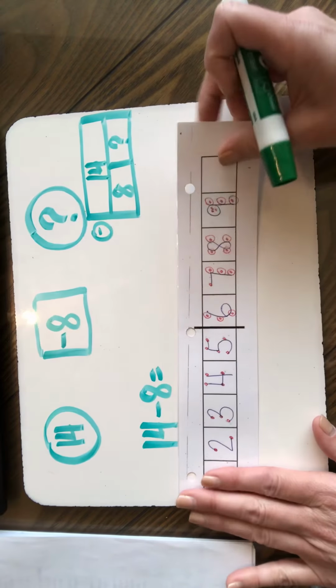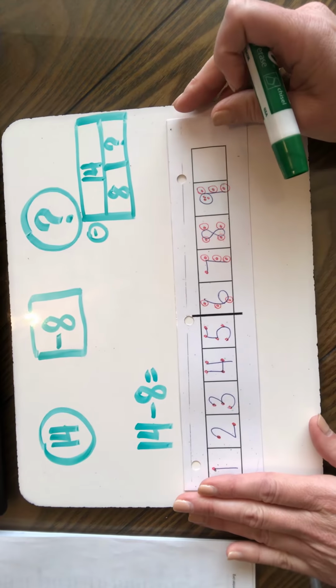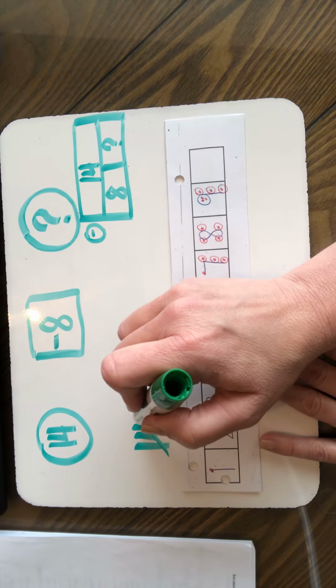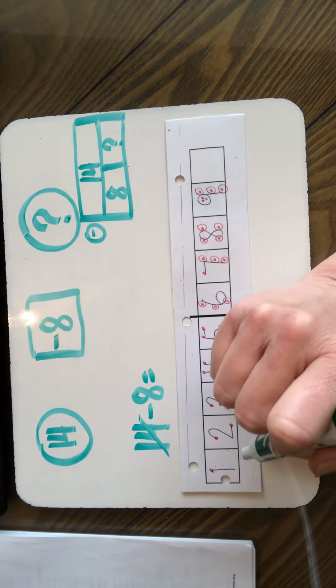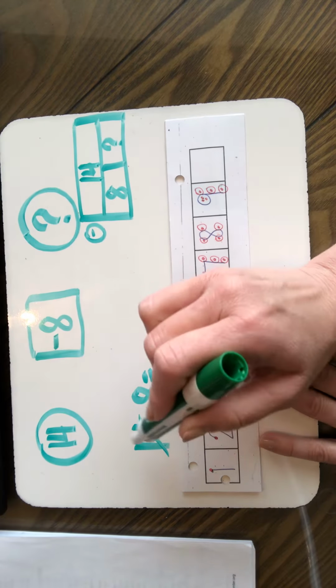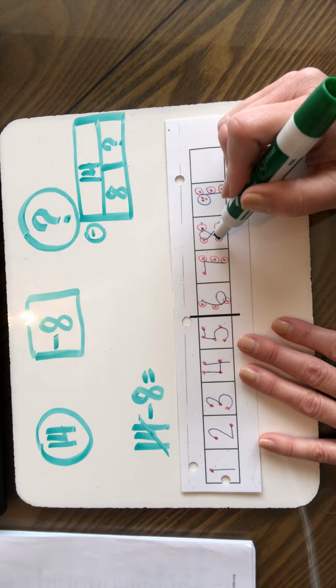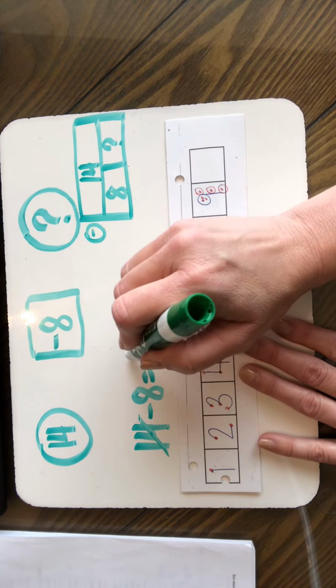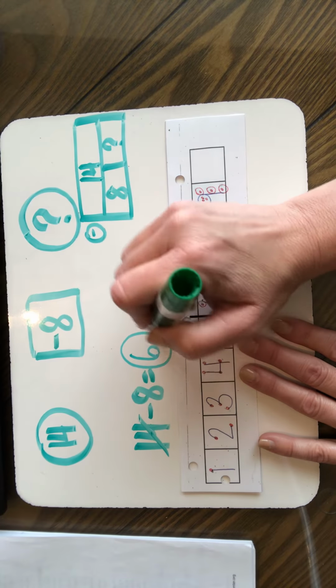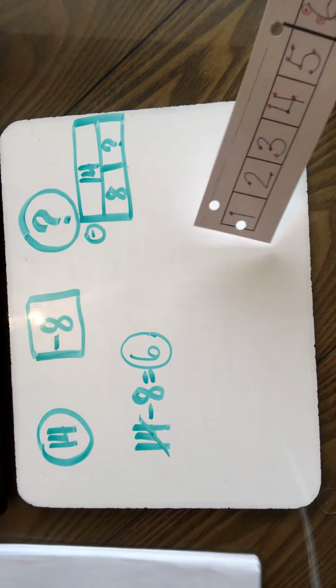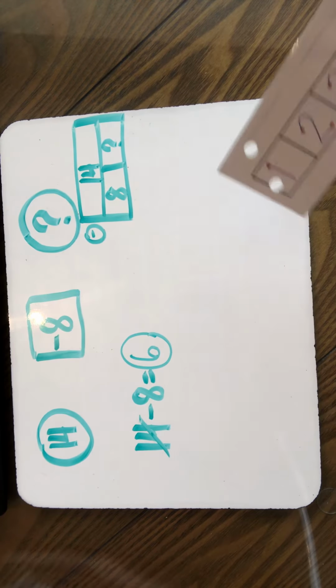We're going to use our touch points. When I subtract, I touch the first number, say its name, and count back on the other number. Here we go. 14, 13, 12, 11, 10, 9, 8, 7, 6. Since I landed on the 6, 6 is my answer. They had 6 hamsters left. All right,